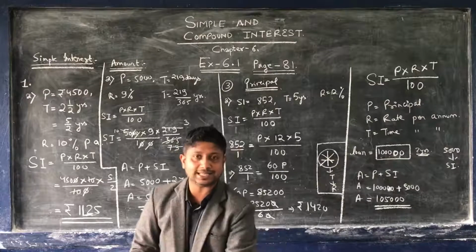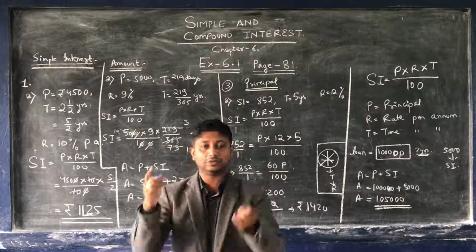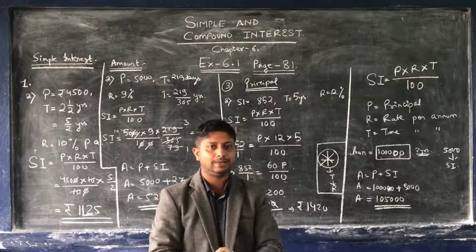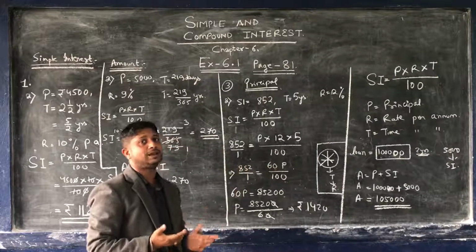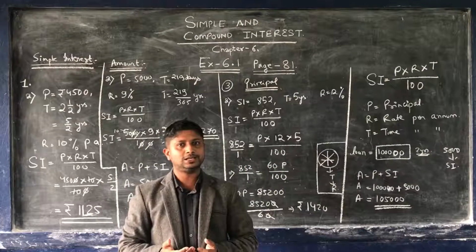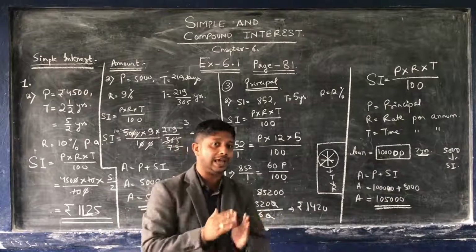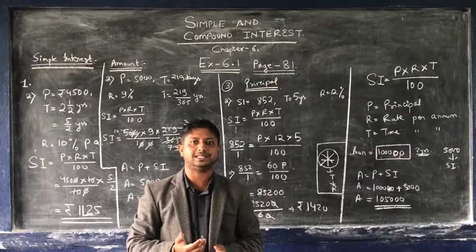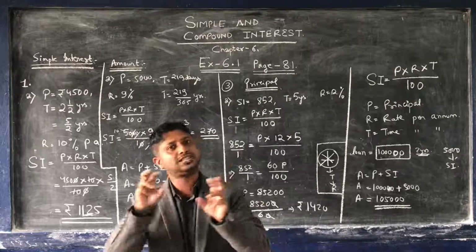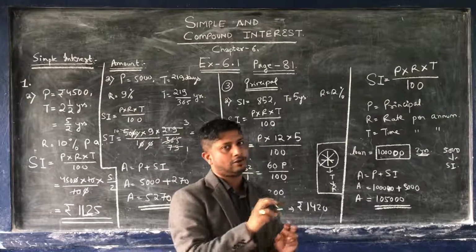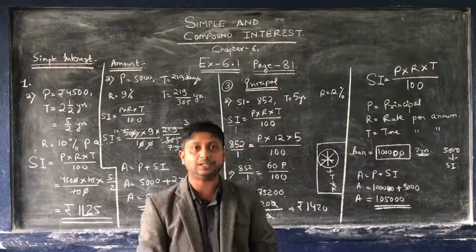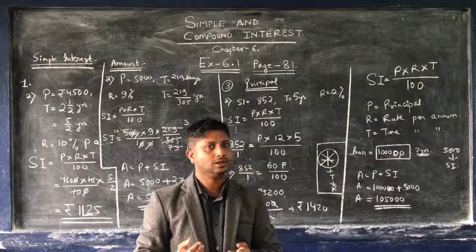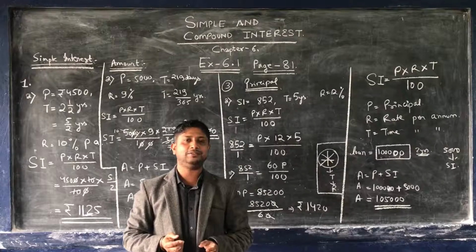Okay. So please do this exercise 6.1. Find out the simple interest, find out the principal, find out the amount, find out the rate, find out the time. That is all we have done today. This is my video. I end here today. After this we shall do the algebra portion. We know the pandemic is hitting us. It has been disturbing. Many of the classes are getting disturbed. We will have to pick up those chapters which are necessary for class 9 and 10. That's why I have picked up this chapter, because compound interest is a compulsory question in ICSE class 10 examinations. Till then, all of you please be safe. Thank you. Take care.